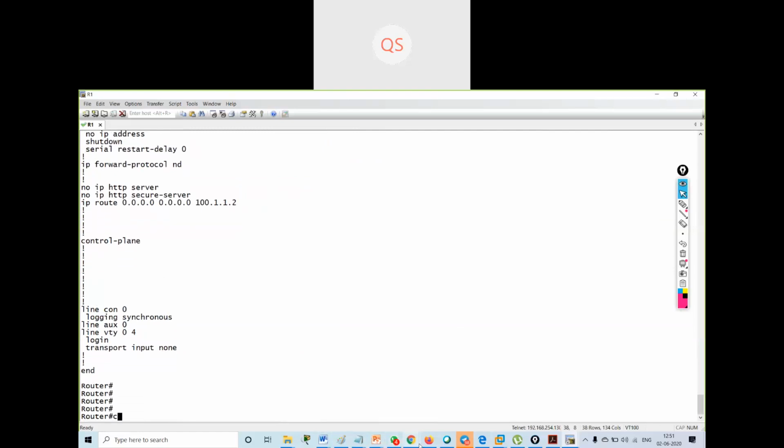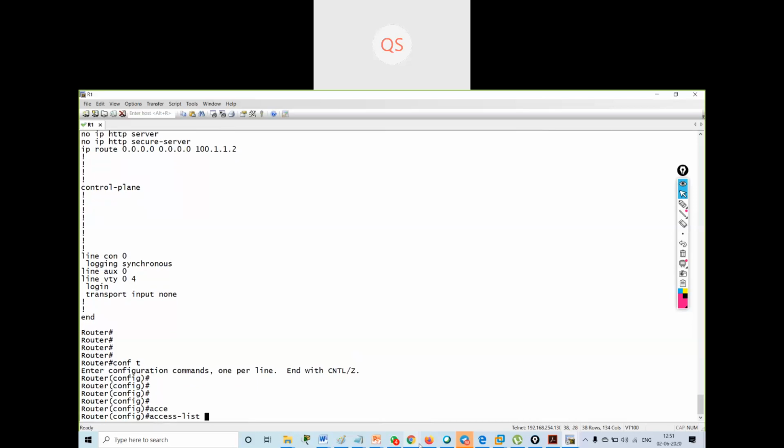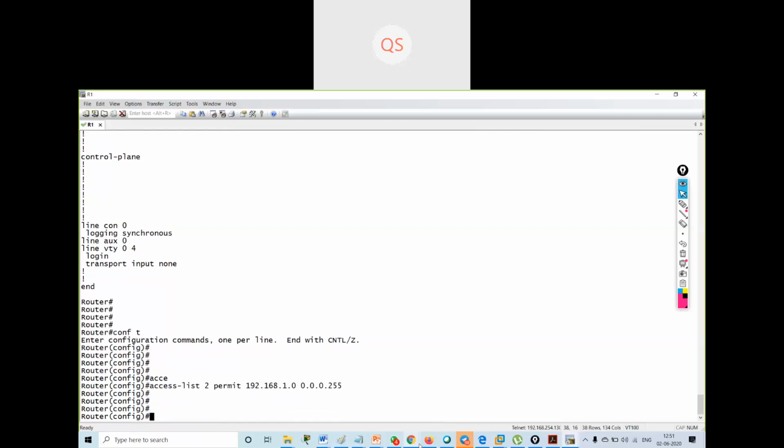Now to configure PAT, the configuration is the same as my dynamic NAT. I have to create an access list 2. Then I will say permit 192.168.1.0 network with wildcard bits 0.0.0.255. Then I will create a pool, IP NAT pool.